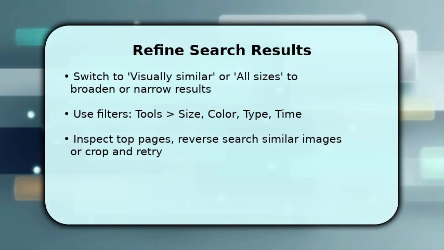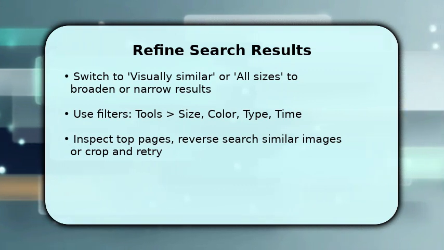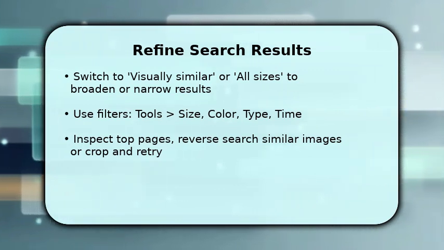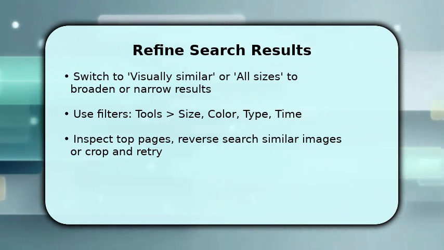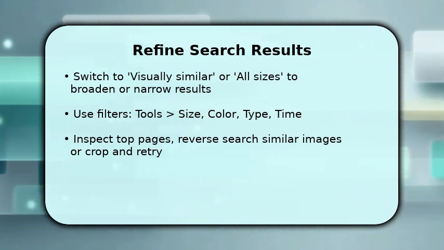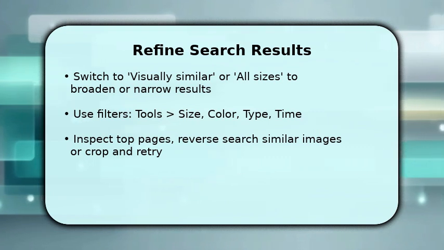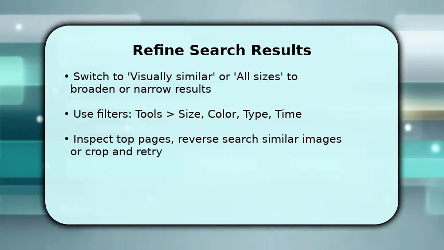Once results appear, you refine them. Click Visually Similar or choose all sizes to see more or fewer matches. This changes the algorithm's focus. Use tools to filter by size, color, image type, or time to eliminate noise. If text appears in the image, extract it with OCR or copy visible words and add them to the search. Make sure to inspect the linked pages for context and metadata that often reveal source date or higher resolution files